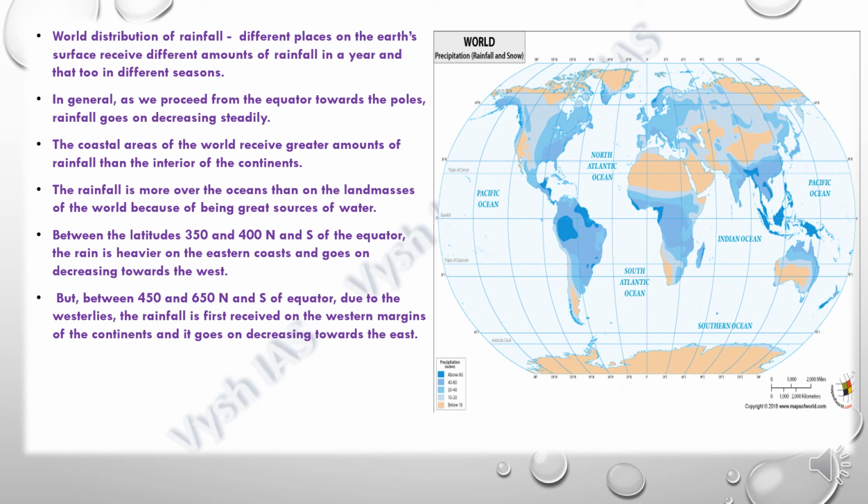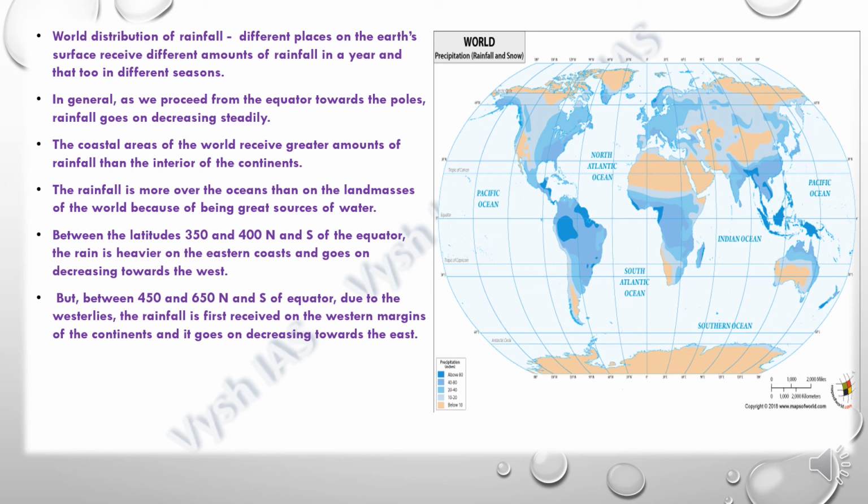Why do I feel that this is 35 degree and 40 degree and not 350 and 400? Okay, I just checked in the textbook. Actually, it's 35 degree N latitude and 40 degree N latitude. I'm very sorry for the mistake.